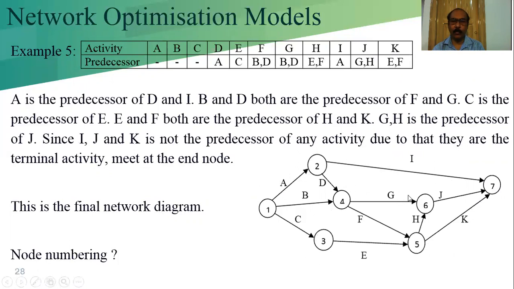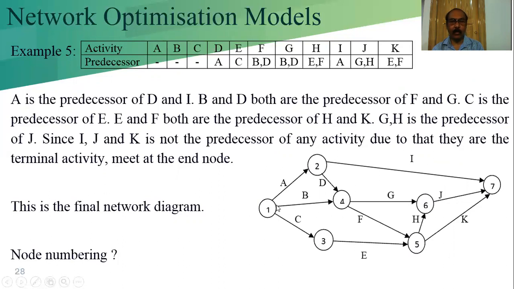How many nodes are there? 4 and 3. So the starting node will be 1 and the last node number will be 7. Now according to the dependency, and the successor and predecessor node relation, we can give the numbers. 3, 2, this is 4, because 2 and 1 are the predecessors of this node. This is the successor. Again, this is the successor of this 2, and this is the successor of this. So the numbering increases as we draw from left to right.